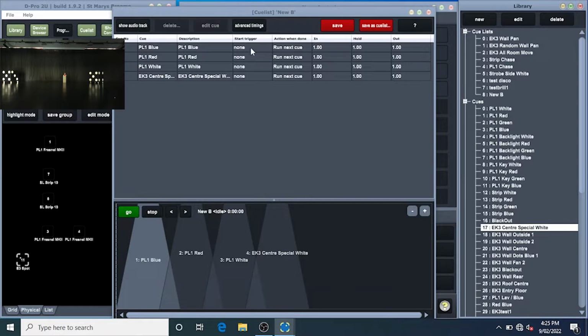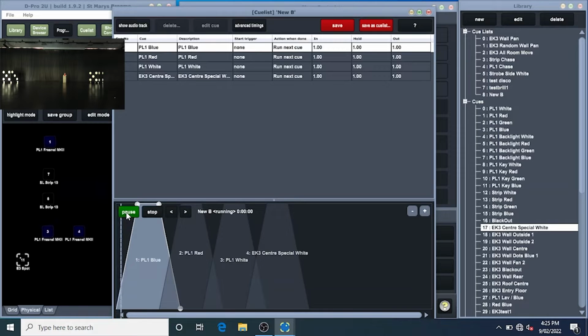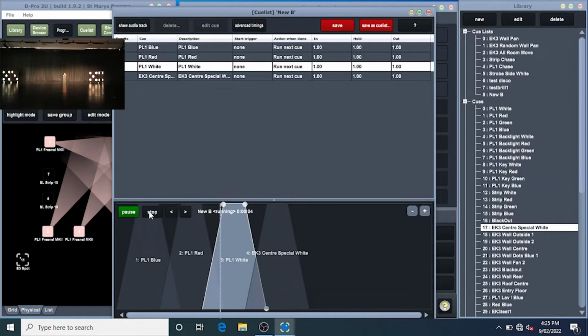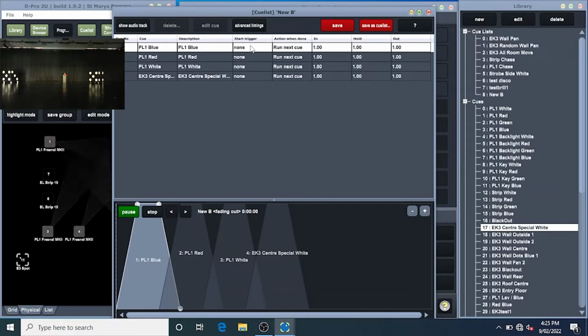Currently, there's no trigger at all. So if you press go for your evening's light show, it just runs through permanently. And most people in a play or a drama production want a trigger to move from each cue. So we're going to stop it there. We're going to add that in the start trigger here,